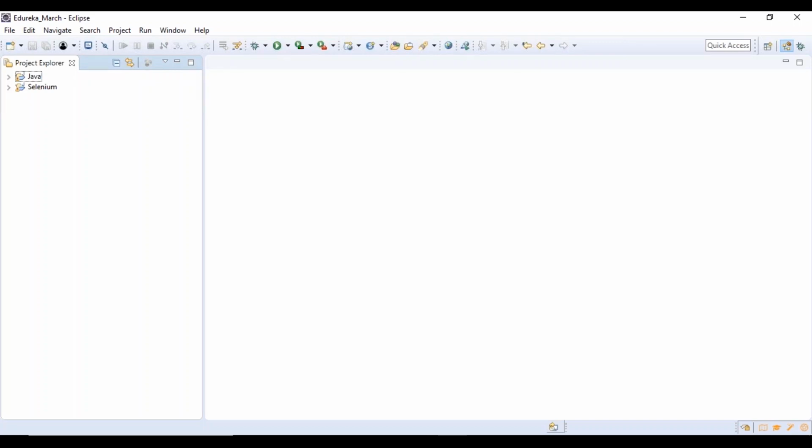So in order to do this, we are going to use the data driven framework, wherein we would be keeping the user credentials in an external file called an Excel file, okay? And then we are going to drive that data into our program and work with it. All right, so let's get started.